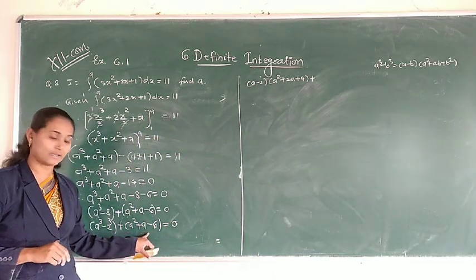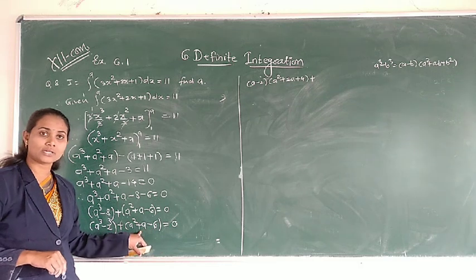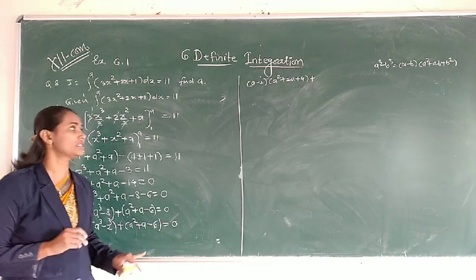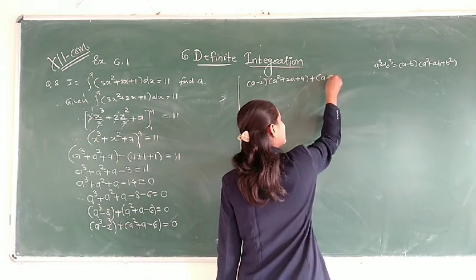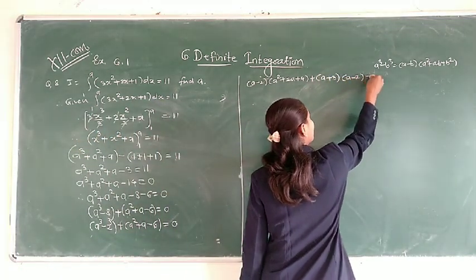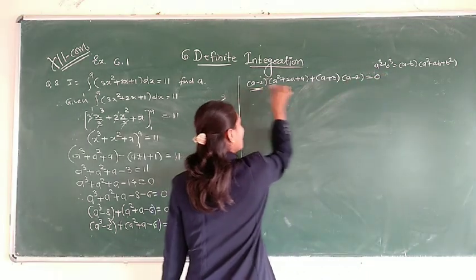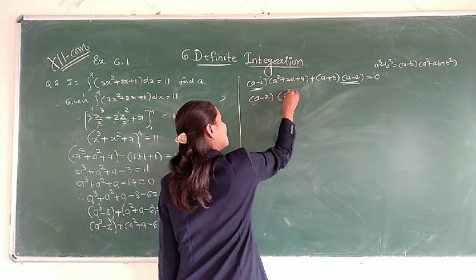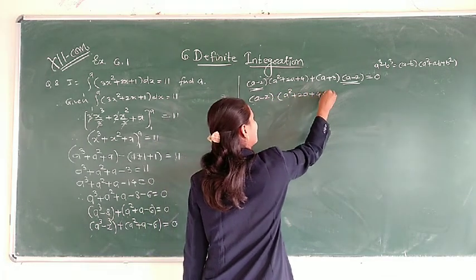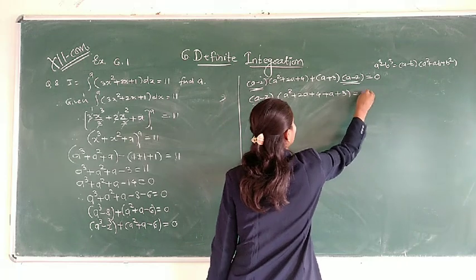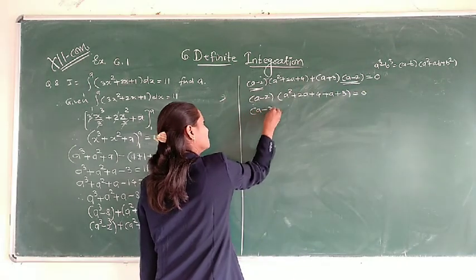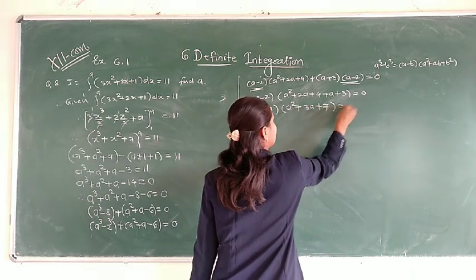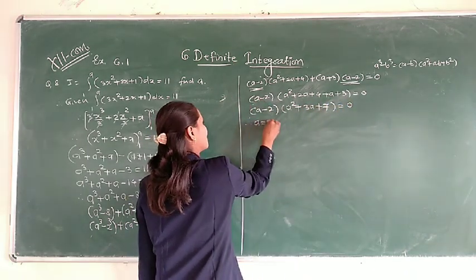That is, we have to factorize this equation: the product is minus 6 and the addition is plus 1. So if you take 3 and 2, but addition is positive, since 3 is positive, 2 is negative. Therefore, the factors are a plus 3 into a minus 2 is equal to 0. From this, we take a minus 2 common. A minus 2, in bracket, a square plus 2a plus 4 plus a plus 3 equals 0. Here we take a minus 2 outside. 2a plus a, 3a plus 7 is equal to 0. A minus 2 is 0, that means a is equal to 2.